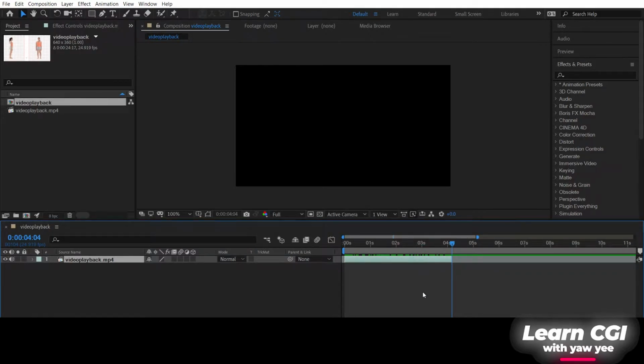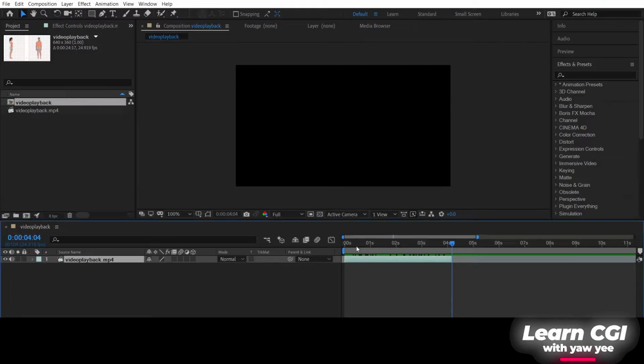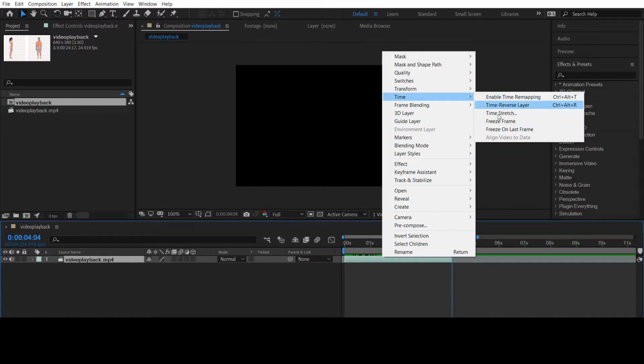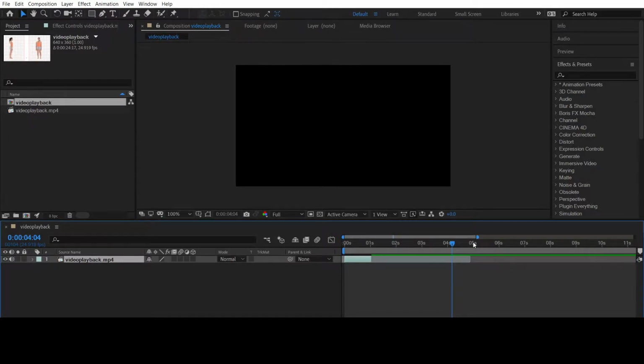Because following the correct timing, it should be 25 frames per second, and then 25 frames for 2 steps as well. Okay, so let's go to time stretch, and let's turn it to 25. And go to here. So about right. All right, so let's do the settings